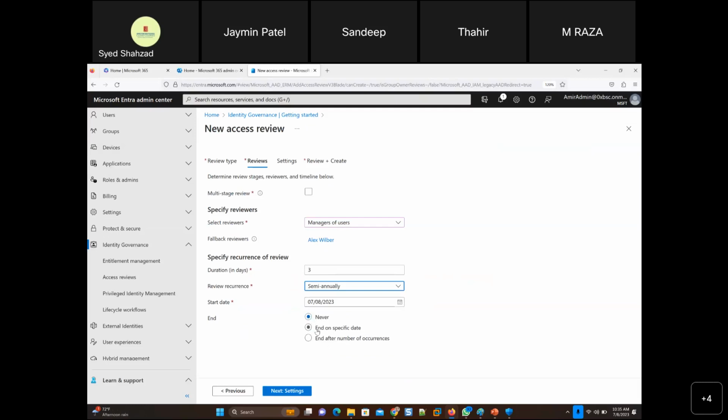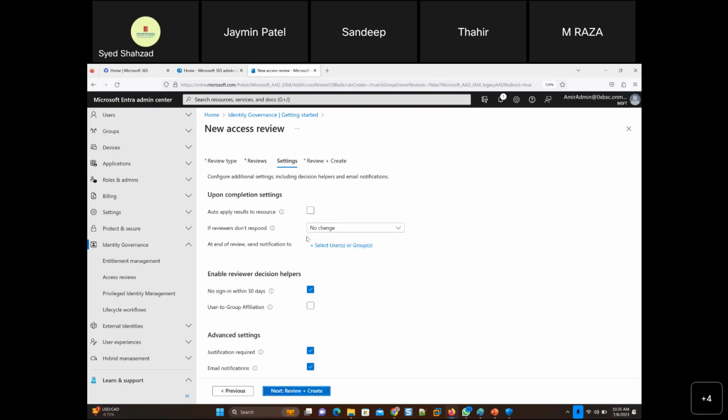Or you can end that. Suppose this group was created for a project, and you know that the project will finish in 6 to 8 months. Then you can change this and put a specific timing there. Otherwise, it's never-ending, and every 6 months the email will keep on coming, right?